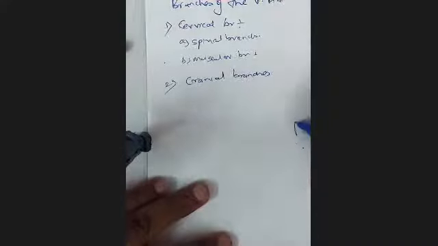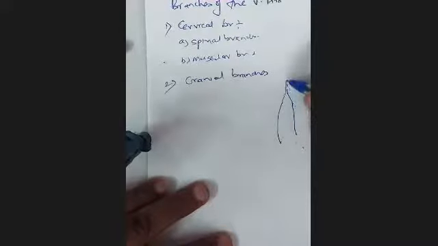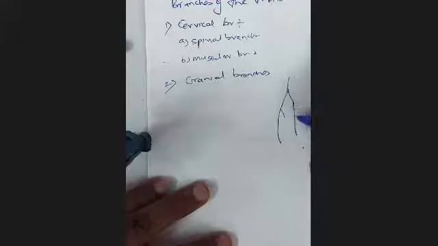A rare phenomenon where 2 arteries are uniting to form another artery. Like a vein dividing, the retromandibular vein, here an artery is uniting, the vertebral arteries. Another rare phenomenon is seen in this case only. Like we have one side vertebral artery going like this, other side vertebral artery coming like this, and both of them unite to form the basilar artery. But the anterior spinal arteries arise from both of them and they also unite. So anterior spinal artery is another example which is seen in case of vertebral artery only.